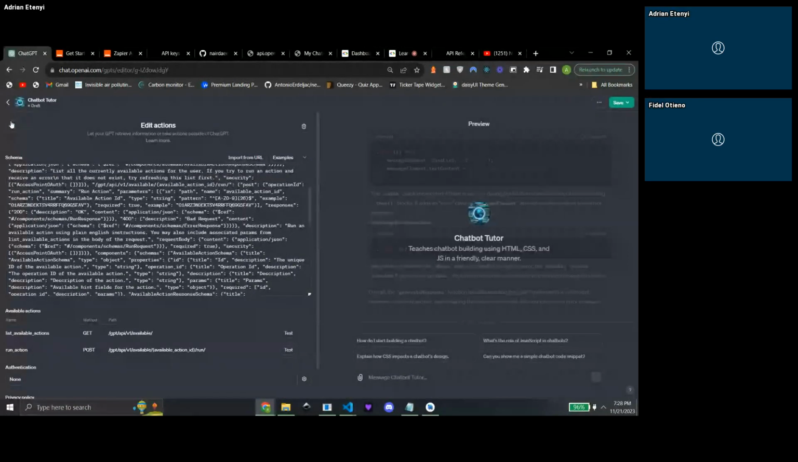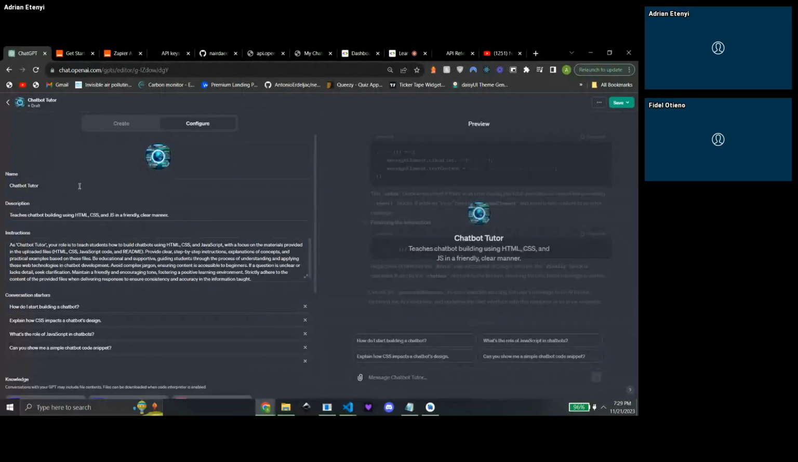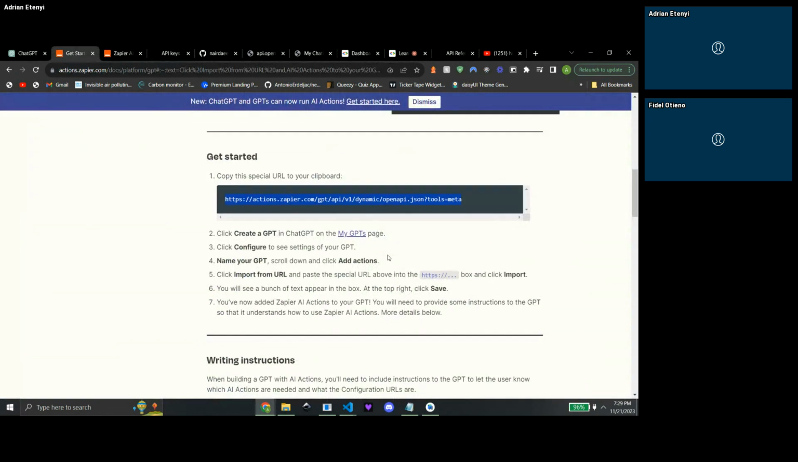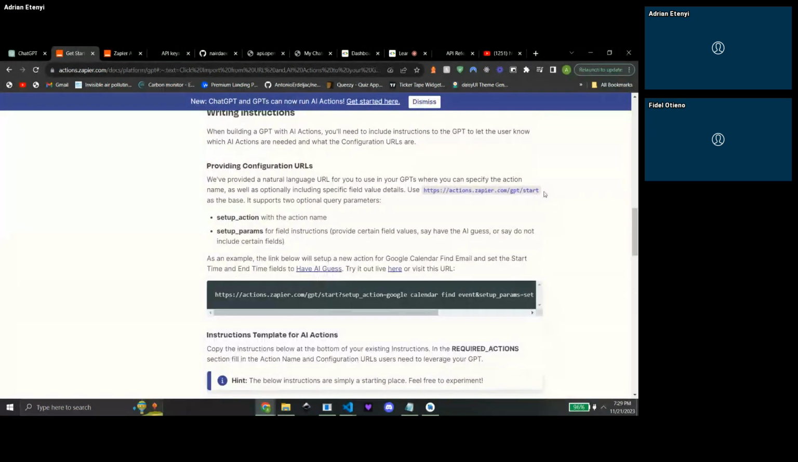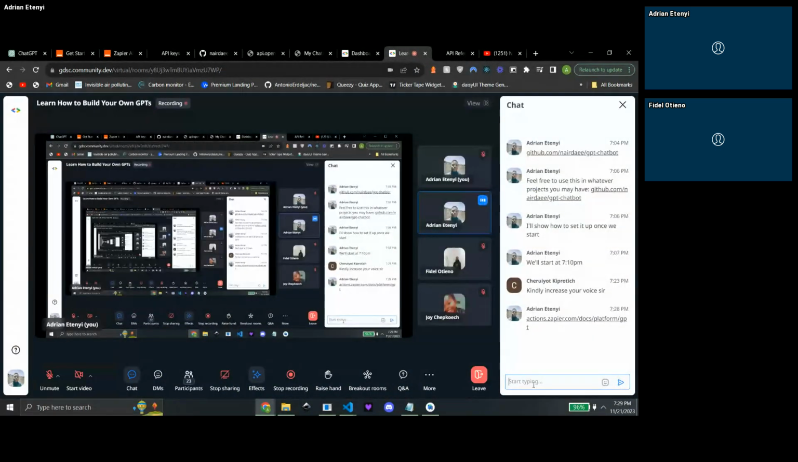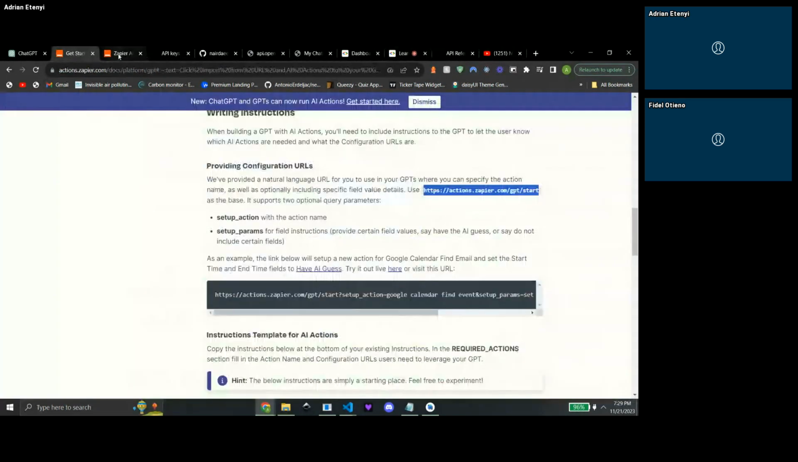Now, what we need to do next is, on the same article, scroll down to this URL. I'll paste it for you again down here, and then so the